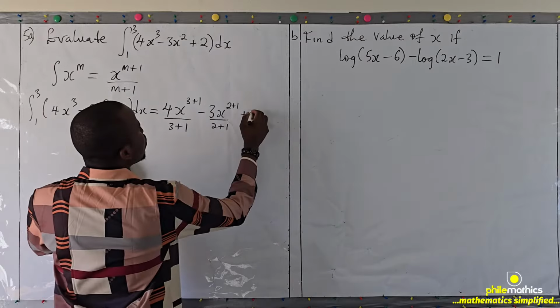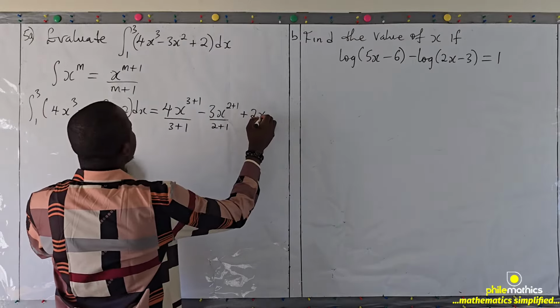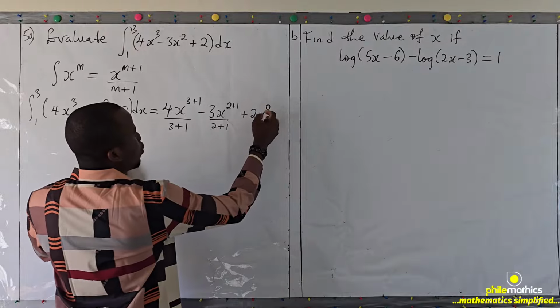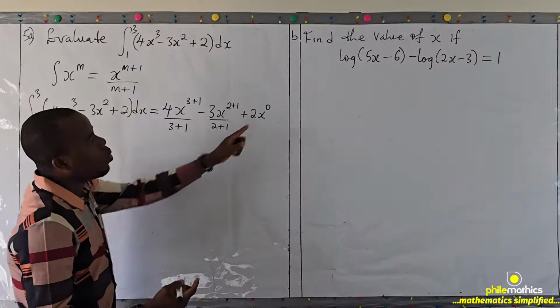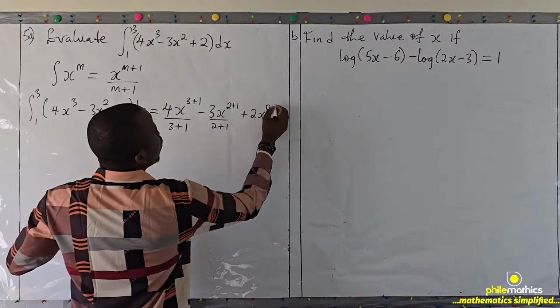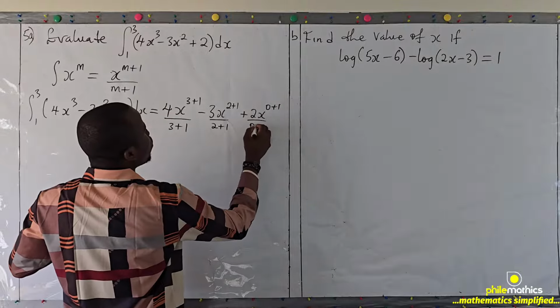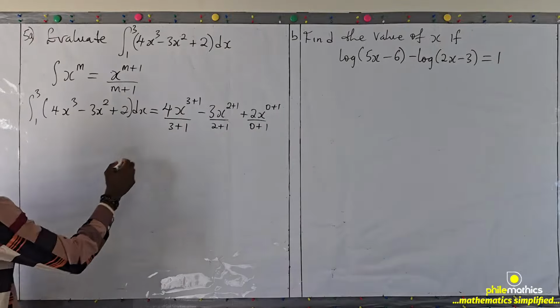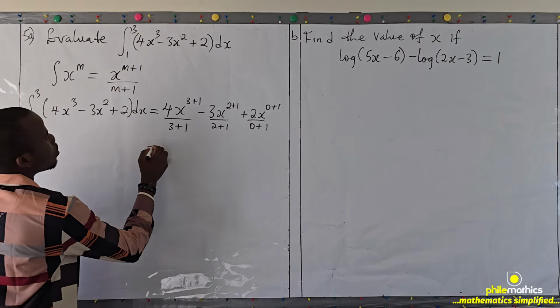So this is 2x, because x to the power 0 is 1, just plus 1 over 0 plus 1. And so this will give us